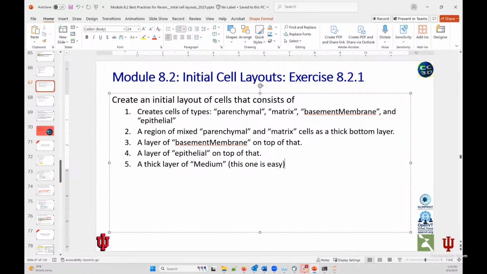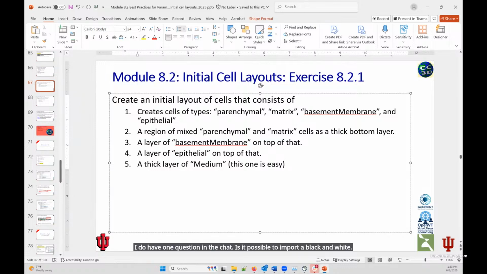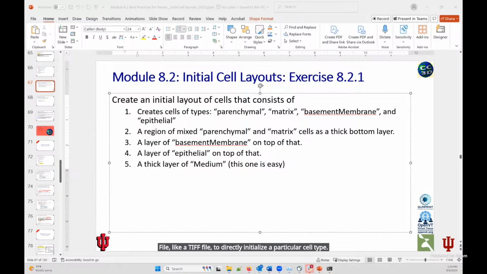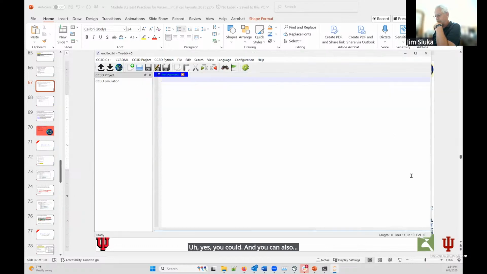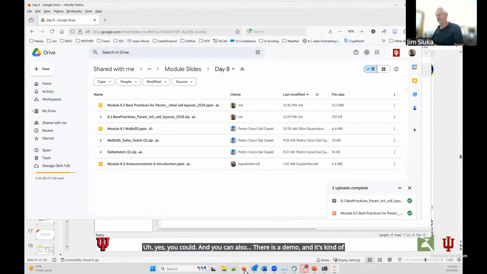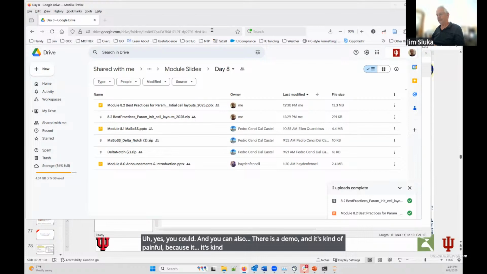I do have one question in the chat. Is it possible to import a black and white file, like a TIFF file, to directly initialize a particular cell type? Yes, you could. And there's a demo, which is kind of painful because it's kind of old, but let me go to